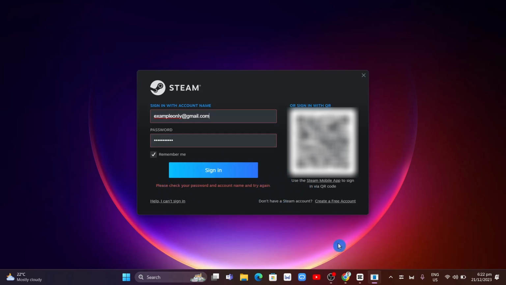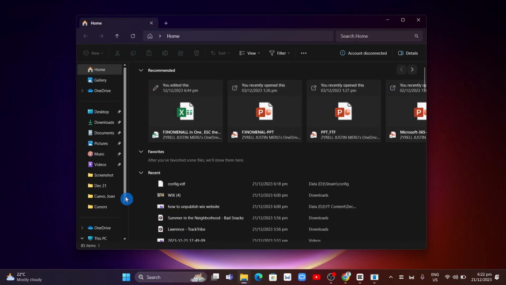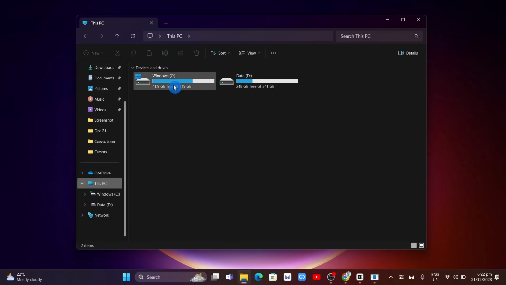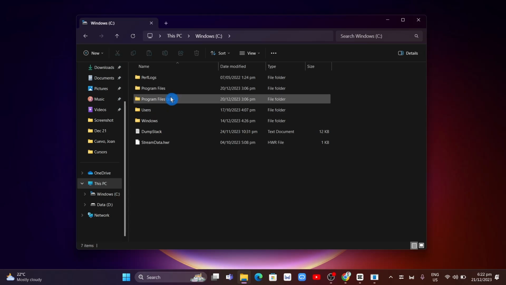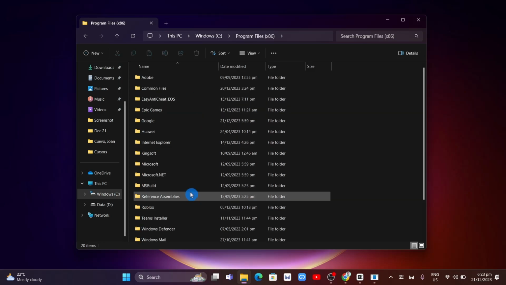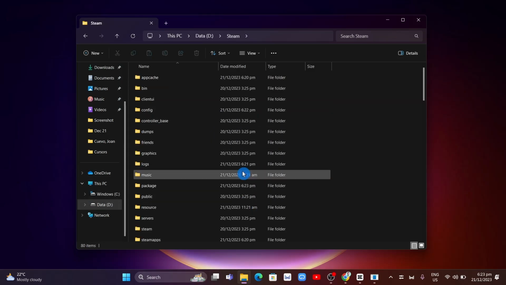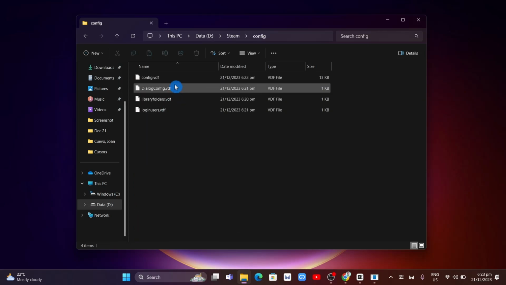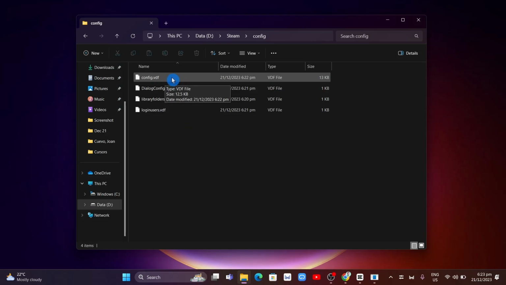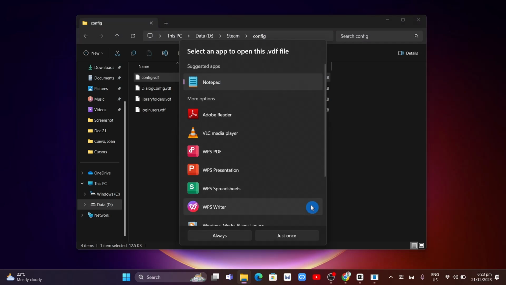Now to fix this problem, all you need to do is go to your File Explorer. So click on the File Explorer right here at the bottom. And basically you just need to open your Drive C, and then go to Program Files x86. And from here you will find your Steam folder. So once you click on your Steam folder right here, basically click on Config folder. Go to config.vdf file. And here you just need to open this one with the notepad, as you can see